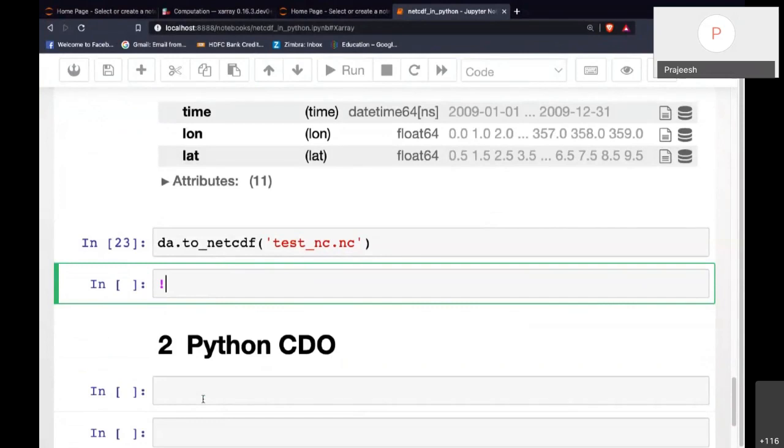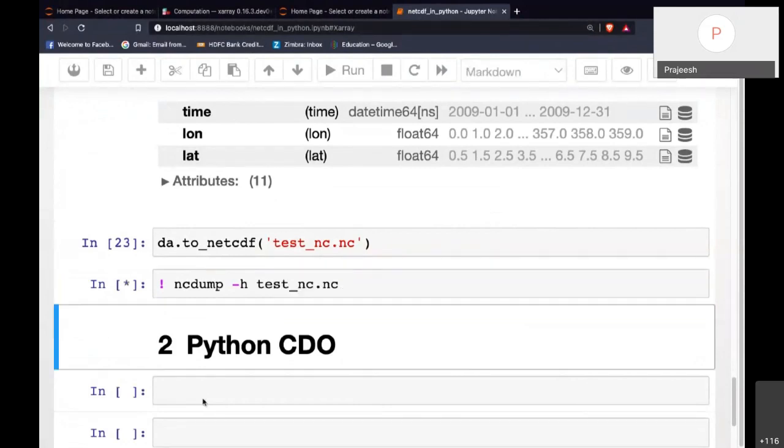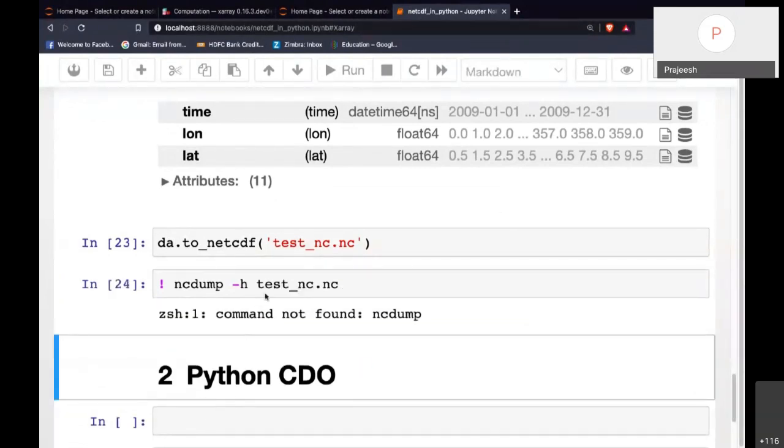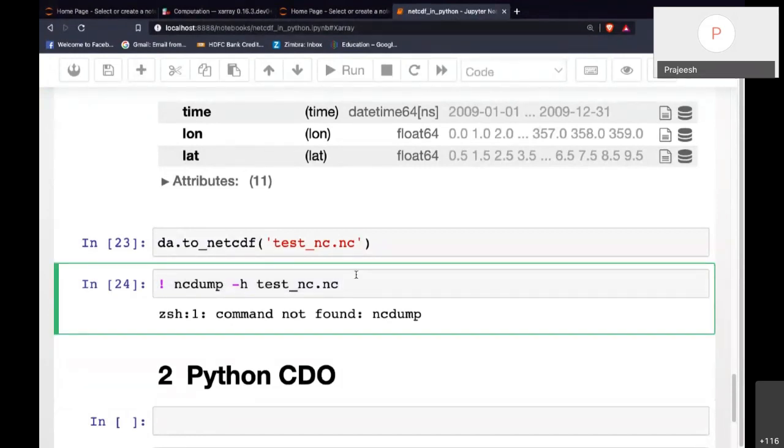Now let's see what is there inside the file. You can do nc dump of this test.nc. Oh, sorry, nc dump is not available. So maybe we can again do an xr.open_dataset of test.nc.